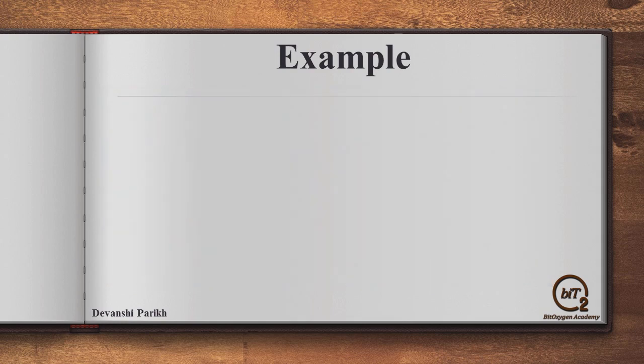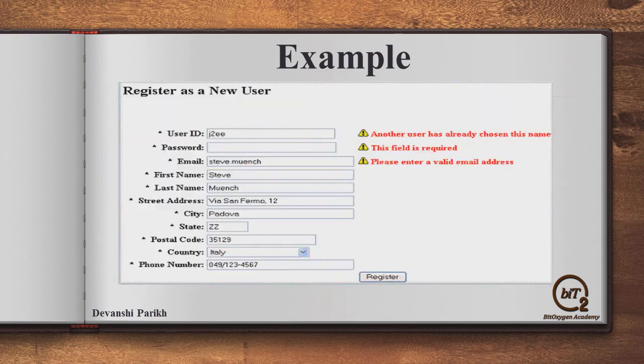Now we will move on to another example of a registration form. We have one registration form. When the user adds the data in that form, at that time we check whether the user has added valid data as per the field requirement or not. Or we can say that the user added valid data in the particular field or not. And if the user added invalid data, then we check whether the validation applied on that field is working or not. That is said to be black box testing, as this testing does not require the knowledge of internal